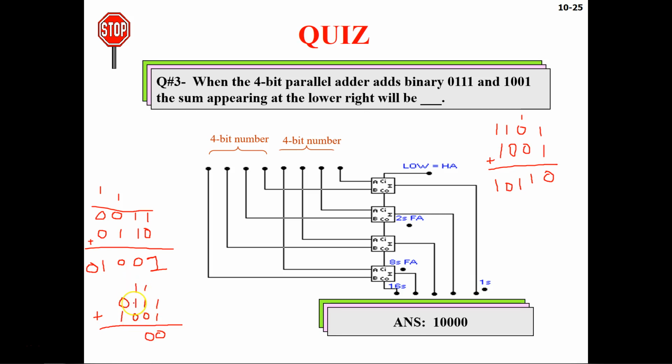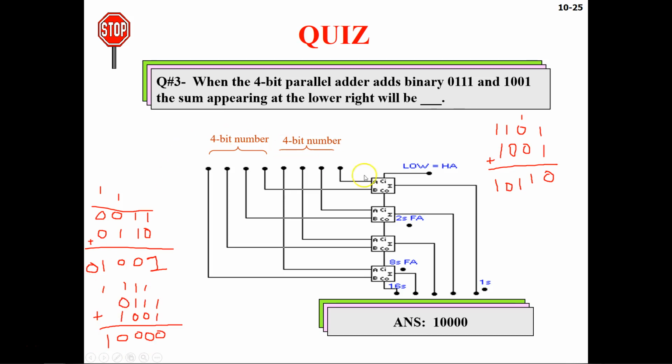Then 0 plus 1 is 1, and 1 plus 1 carry is going to be 0, and then 0 and 1 is going to be your carry, because 1 plus 1 is 2, and in binary it is 10. So 0 here, 1 here, and then 1 plus 0 is 1, 1 plus 1 is going to be 0 here, and then a carry, and this carry will basically come out here. So that's why you have 10000, and this is your answer for this problem when you have 0111 added to 1001. So that's how you do the